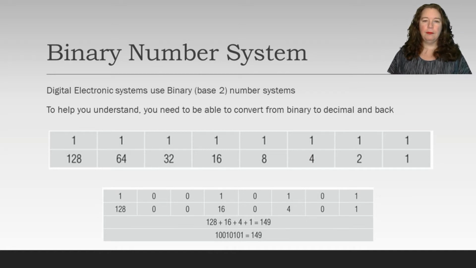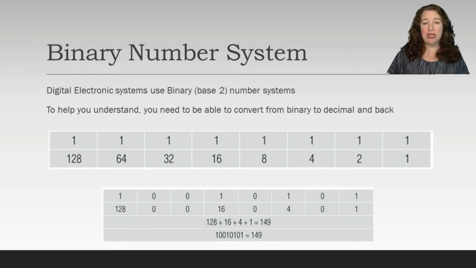But the reason why is because when we do subnetting, you're going to be using your positions in a binary octet, or 8 numbers, which is why we only go up to 128. So an octet, 8 binary numbers, will get you up to 255 possible. So all ones, 8 ones in a binary system, is 255. If we take 128 plus 64 plus 32, 16, 8, 4, 2, 1, you will get 255. Understanding how you can get to that number is going to help you to visualize when you see